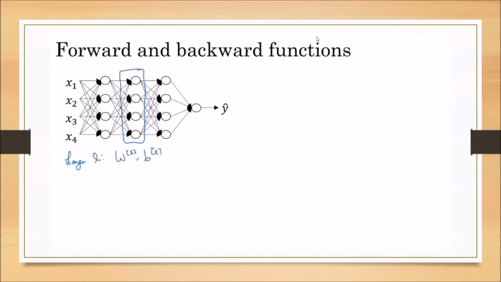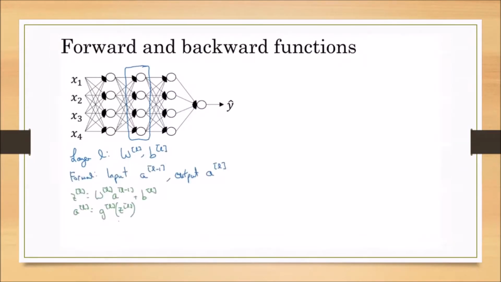Now we are discussing the forward and backward propagations in the deep neural network. We already know this is a 3-layer network. This is a 4-layer network. In these 4 layers, we can already calculate the matrix size of W1, it is 4 by 4, and we can tell the matrix size of W2, it is again 4 by 4, W3, it is again 4 by 4, and W4, it is 1 by 4.